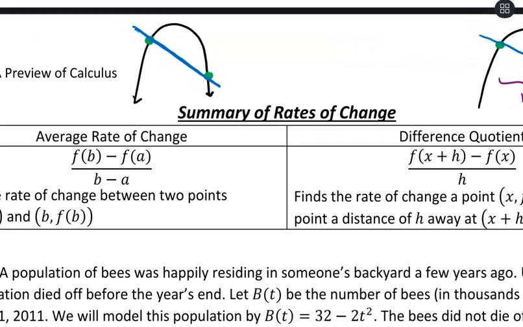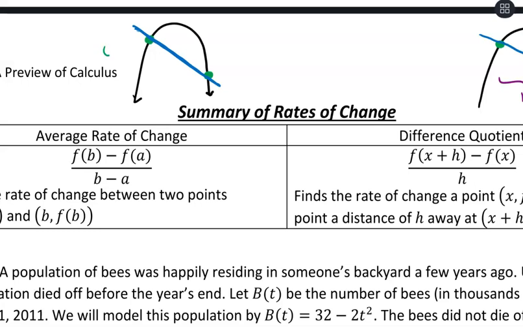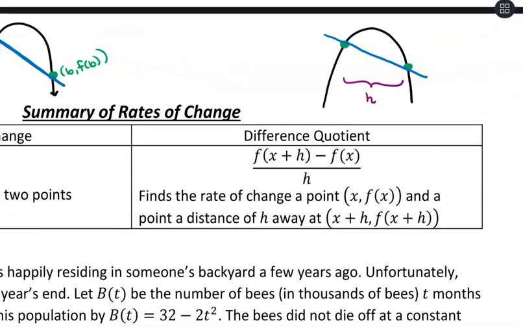So with average rate of change, our two coordinates that we're looking at are a, f of a, and then b, f of b. And then for a difference quotient, we have a coordinate x, f of x, and then a second coordinate that's a distance of h away. So our x coordinate would now be x plus h, and then our output would be f of x plus h. So still the same idea of two coordinates, but then we want to evaluate what happens as h